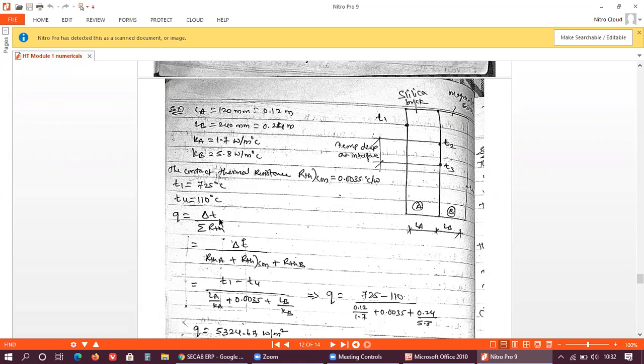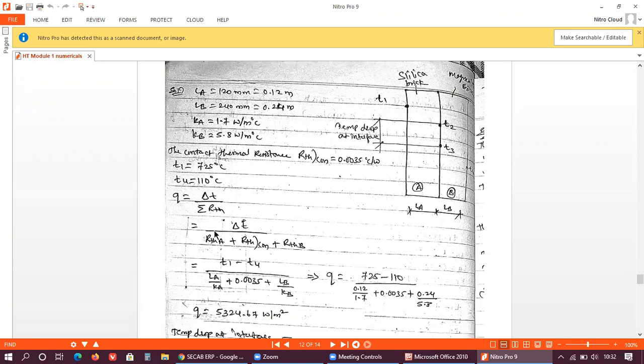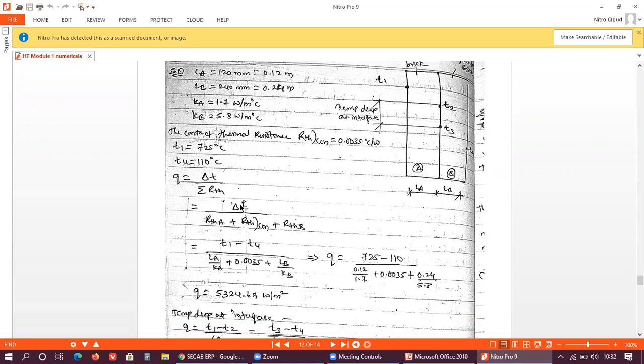Okay. So from the data handbook में Q का value दिया है. Q is equal to delta T overall divided by thermal resistance. Okay. तो यहाँ पे 3 resistance offer होते हैं. So delta T divided by the resistance offered by the first block. So this is the resistance offered by the first block, given by La by Ka. Then at the interface, there is one more resistance, that is thermal contact resistance, right? And its value is already given, मेंशन किया हुआ है उसका value, that is 0.0035. So delta T divided by the sum of all the resistances. So Q is equal to delta T by the summation of all the resistances.